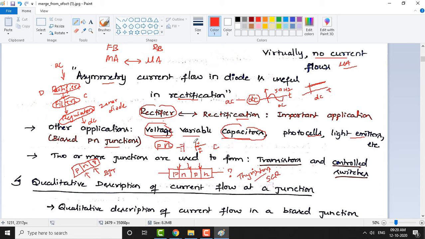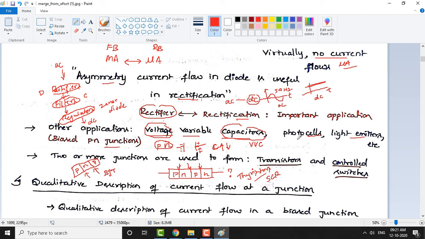So this capacitor can be varied by varying the voltage. That means the number of charges on the two plates, the neutral n and neutral p regions, can be varied, and this capacitance can be increased or decreased accordingly. Normally you see fixed capacitors in laboratories, but in the diode you get an important application like a variable capacitor, the voltage variable capacitor. Shortly we will call this VVC.